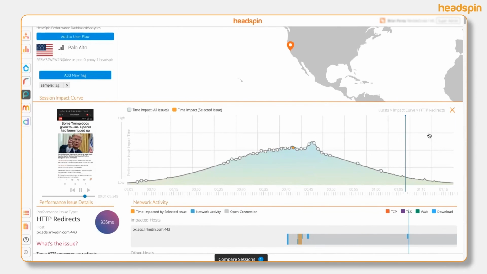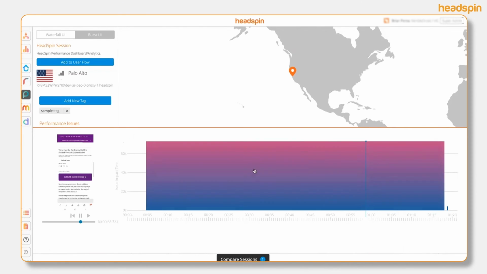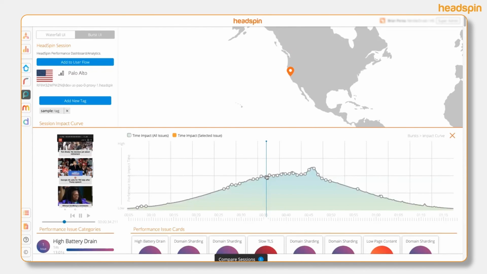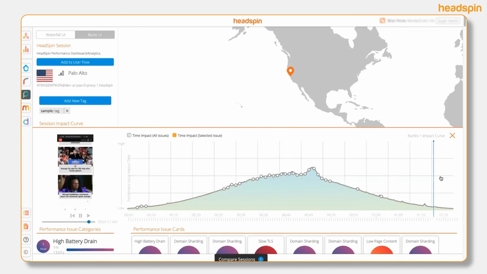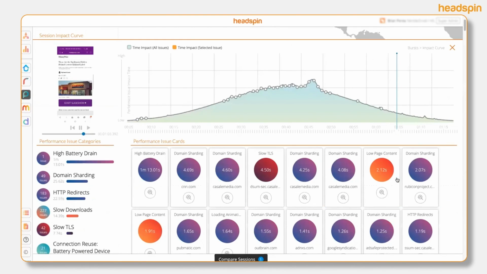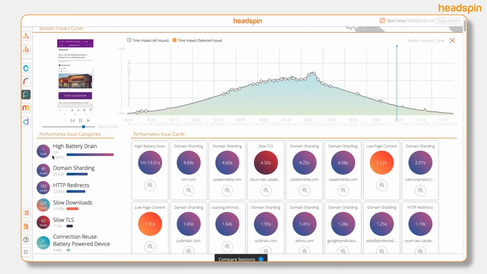So I'll just close this here. We'll go back to this purple bar. But when I click on this, what I'm doing is zooming in on that part of the session. Now my timeline corresponds to just that region of the session. You can see all the issue cards that are associated with that region of the session. So here you can see a rank prioritized list of issue types and how much impact time was attributed to